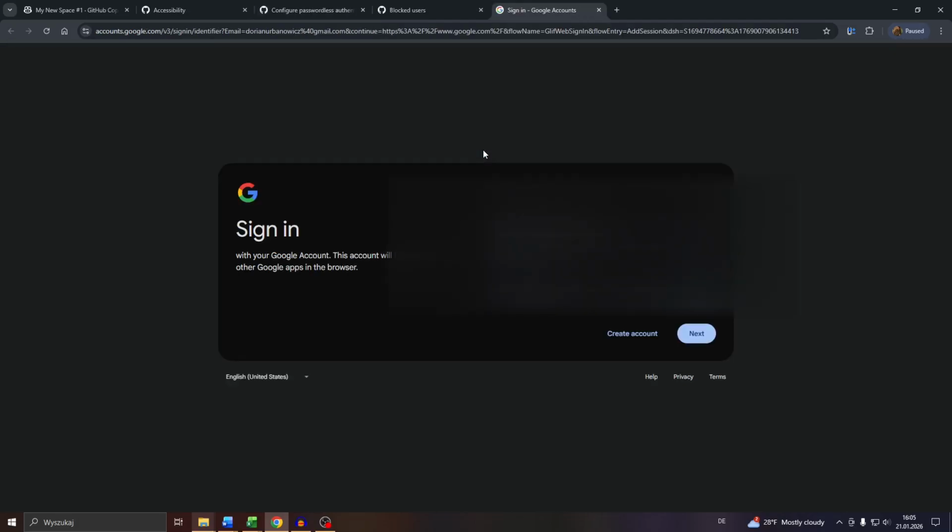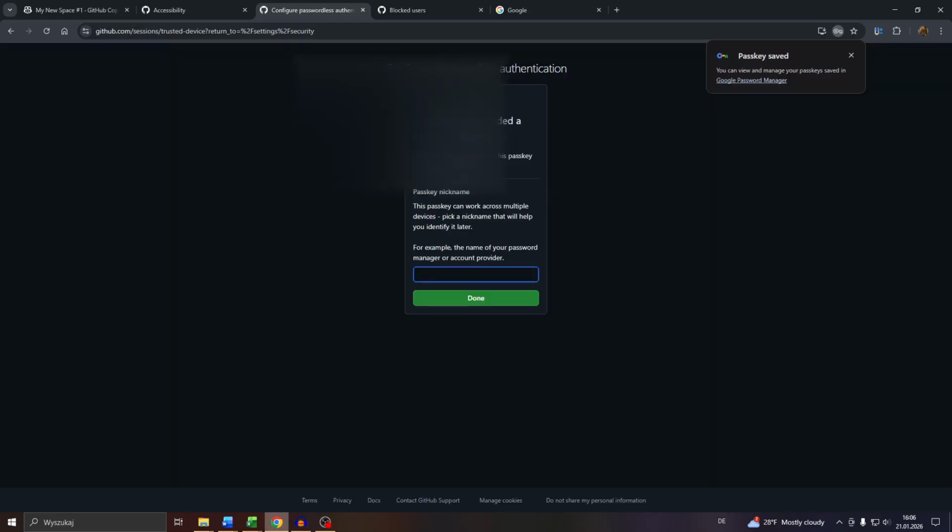After that, what you want to do is sign into your account. Confirm by clicking into this button, and after that enter your Google Password Manager PIN here, and that's it. As you can see, the passkey has been successfully added, and you may, for example, give the passkey also a